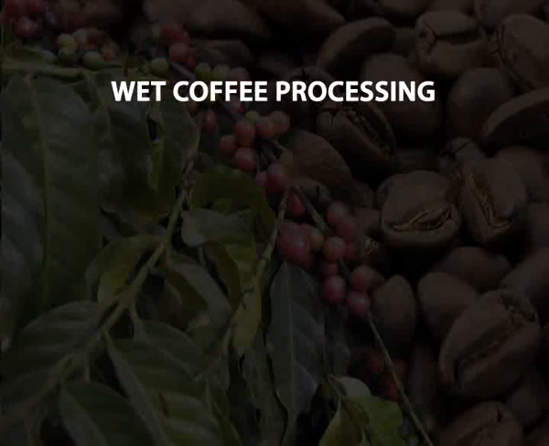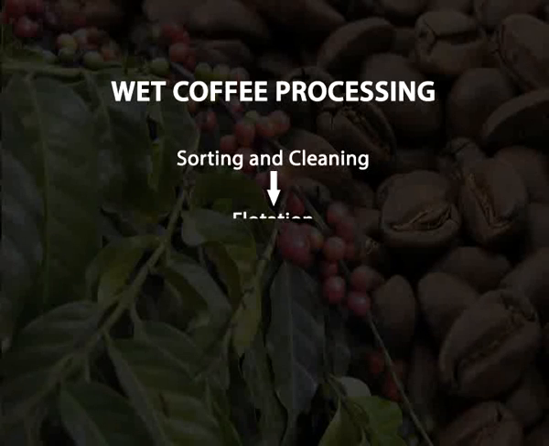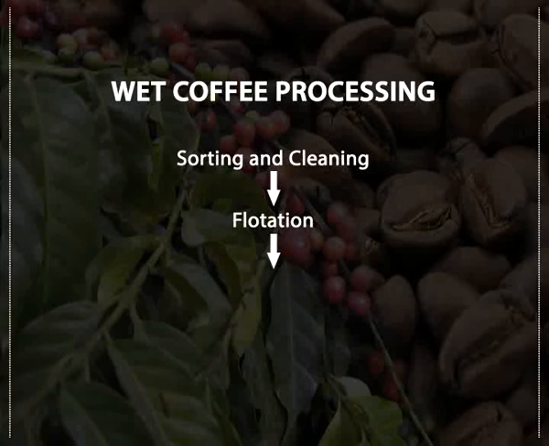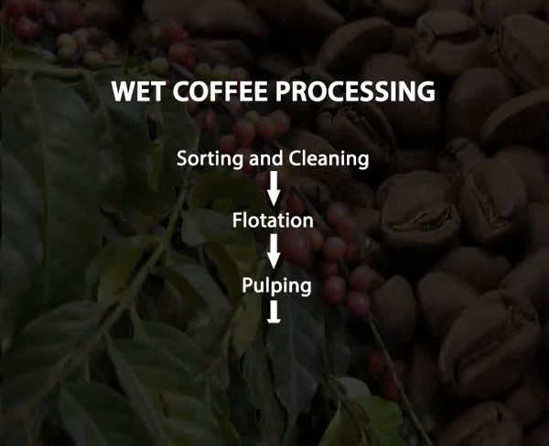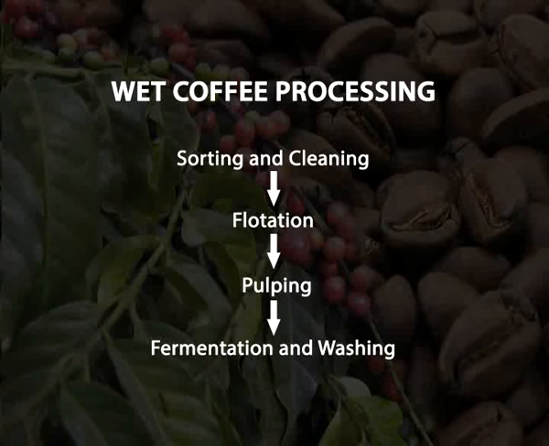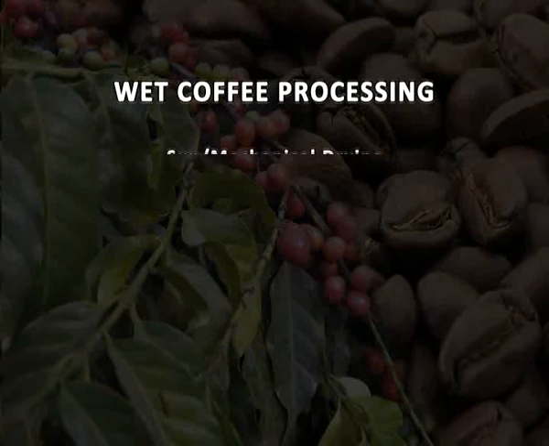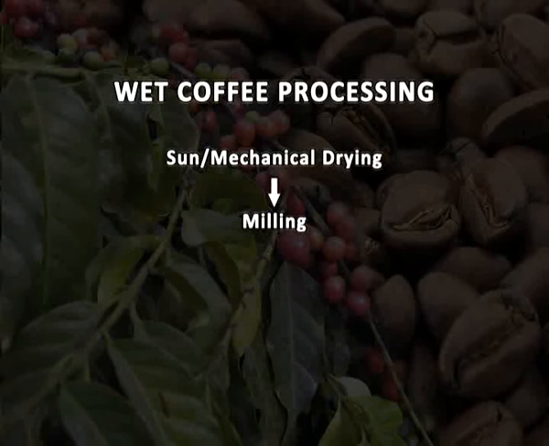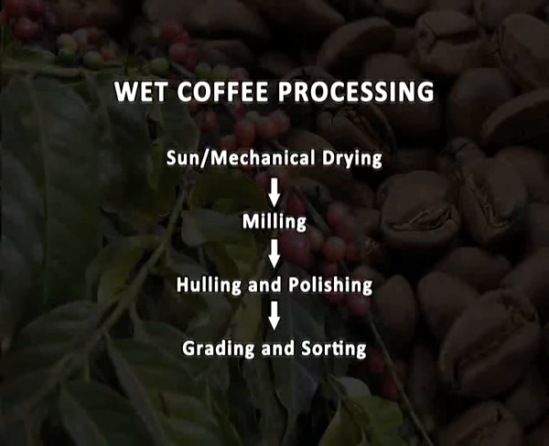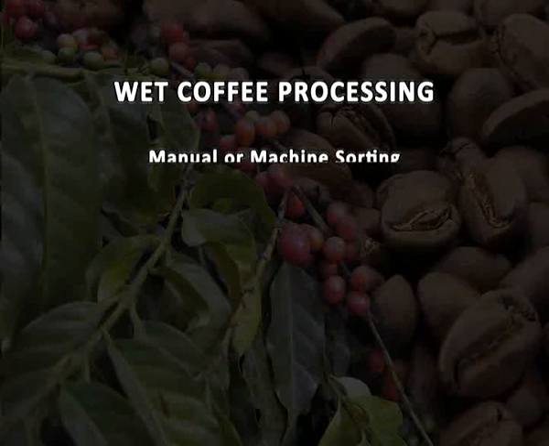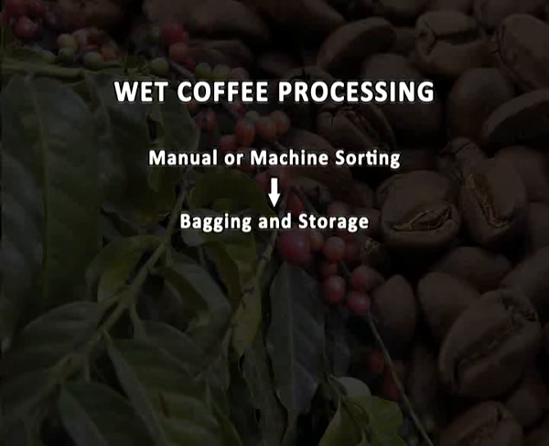Now, flow chart for wet coffee processing. First of all, harvested mature cherry, then we will go for sorting and cleaning, then it is followed by flotation, pulping and fermentation and washing, then followed by sun and mechanical drying, milling, hulling and polishing, then grading and sorting, followed by manual or machine sorting, bagging and storage, then